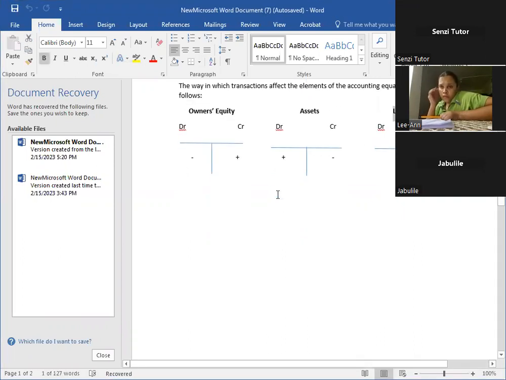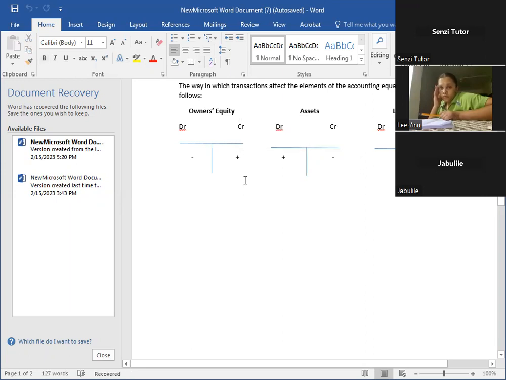Remember, our accounting equation is the mathematical equation whereby assets equal owner's equity plus liabilities. But in this case, I want to show you on which side the owner's equity increases and on which side it decreases, also for assets and liabilities. Now, about owner's equity, guys, it increases on the credit side,